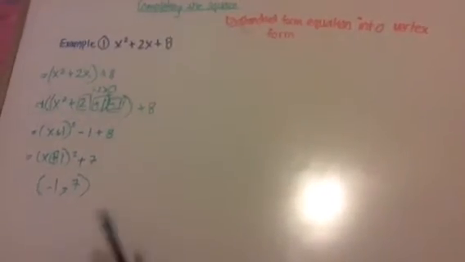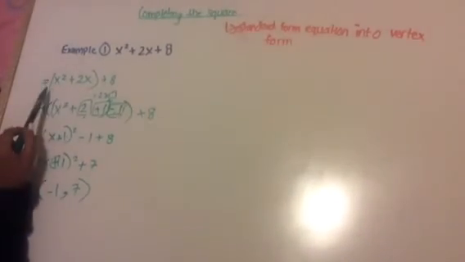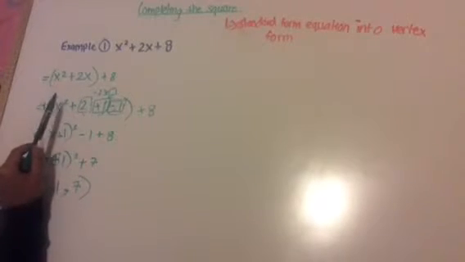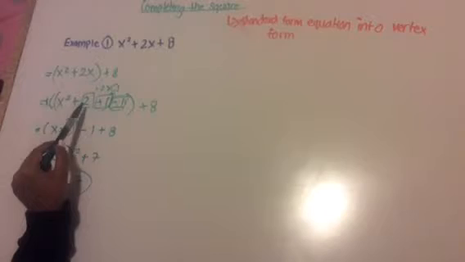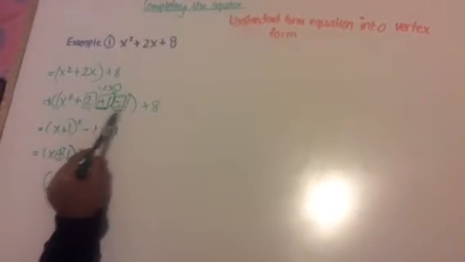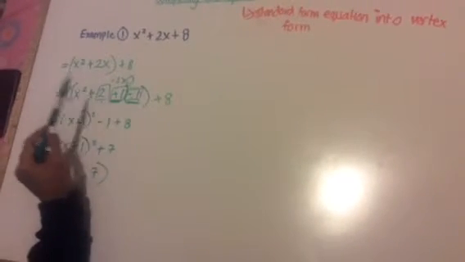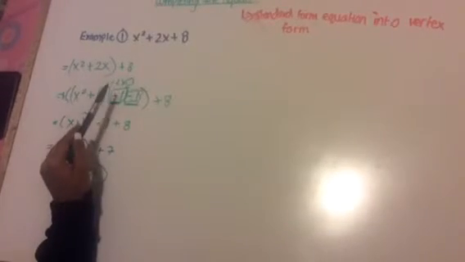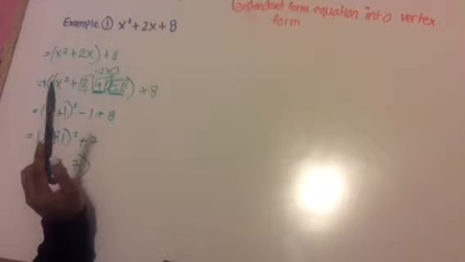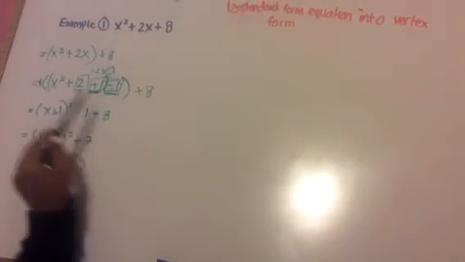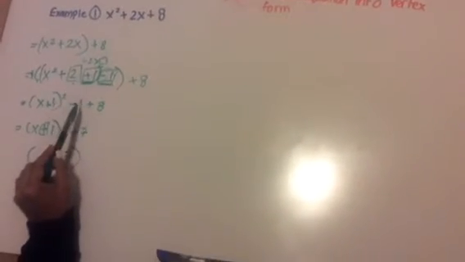To go over it, first you group the x squared and the x terms together. You complete the square inside the brackets, and the reason we got positive 1 and negative 1 is that you do 2 divided by 2 and then square that number. And here we got positive 1 and negative 1. And we've closed the brackets to make it into a perfect square trinomial,